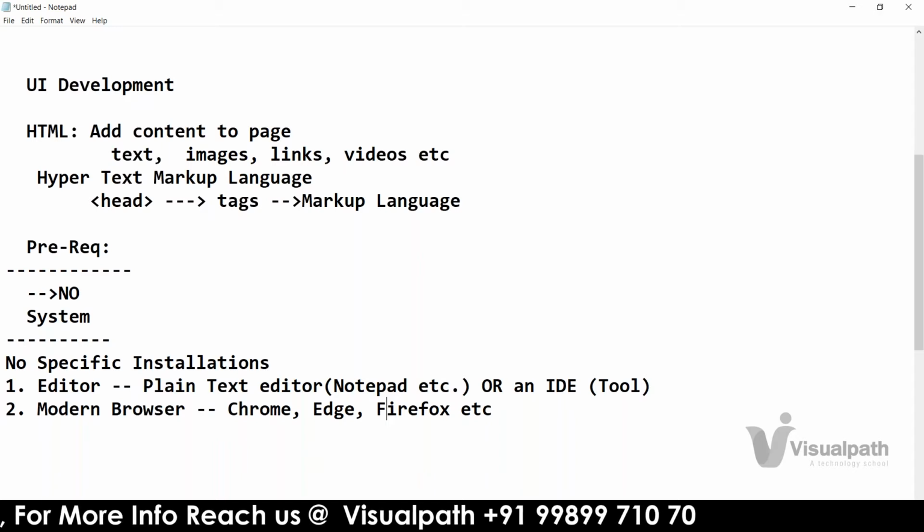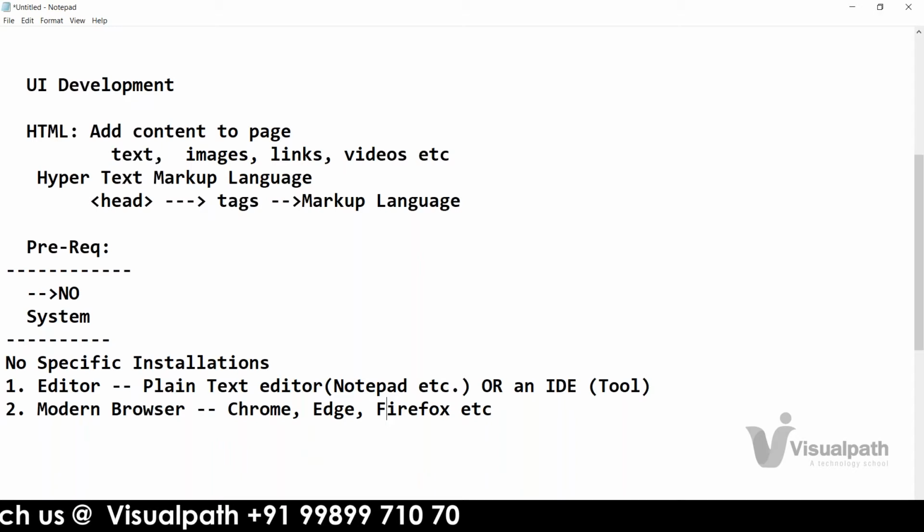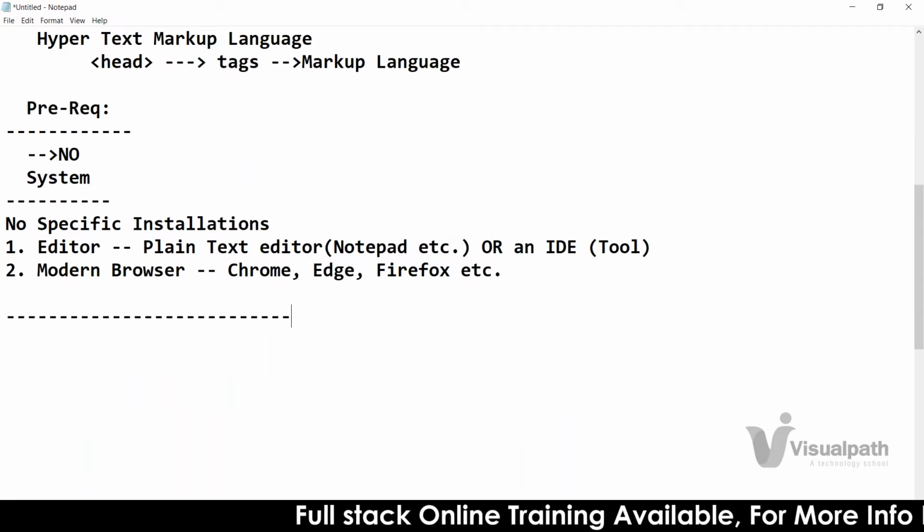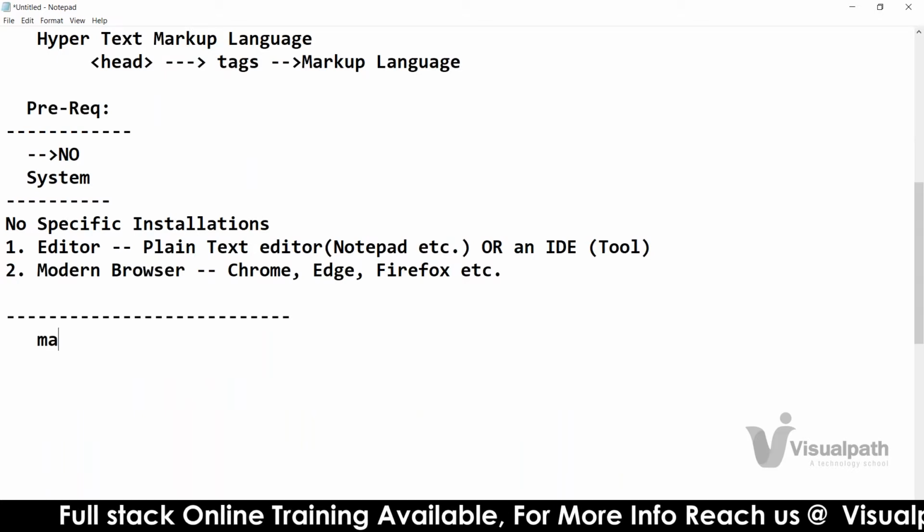Got it, right? So now, in my computer, I will be using Notepad, even though I have an IDE, but in the starting stage I will be using Notepad. Every day, whatever you'll be doing, I want you people to maintain